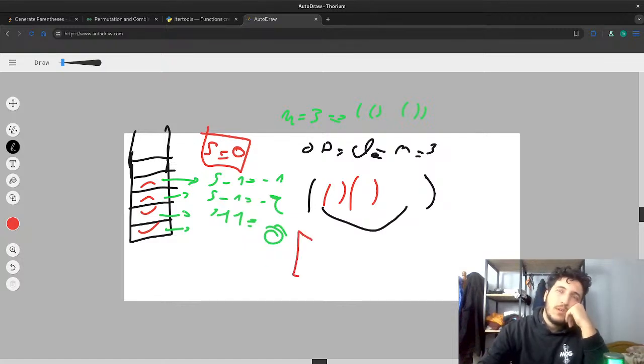Should I make a list of 6 elements, which is n multiplied by 2, and 2 and 3. Here will be the first element, which is an open parenthesis, and here it's a closed one, and here we can change the order every time we insert